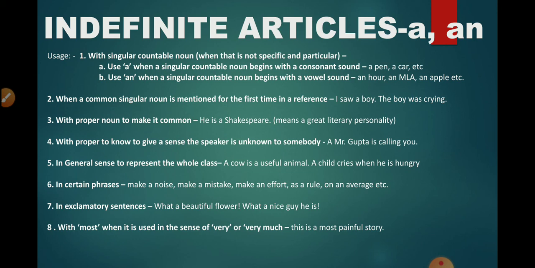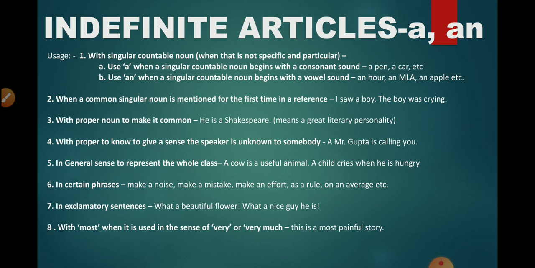and comparatively there are simpler uses of these indefinite articles. It is well known, as told in the beginning, that with a singular countable noun, when that noun is not specific or particular, we use a or an. Whenever that singular countable noun begins with a consonant sound, we use a, and when the singular countable noun begins with a vowel sound, we use an. For example, a pen, a car, a phone,